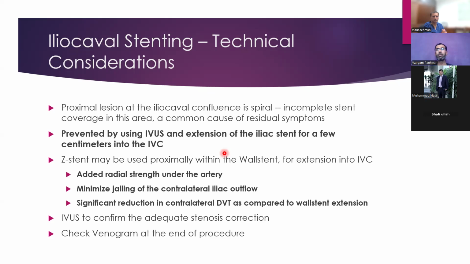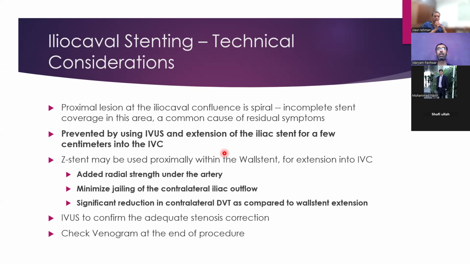So what we fear is that if we cross the stent too much in the IVC, it might jail the contralateral limb, and that may cause contralateral DVT. But with this fear, we place the stent distally, and then we miss the proximal lesion, leading to the recurrence of symptoms or thrombosis of the stent. So IVUS is used to cover proximally, to accurately localize the lesion and cover the whole